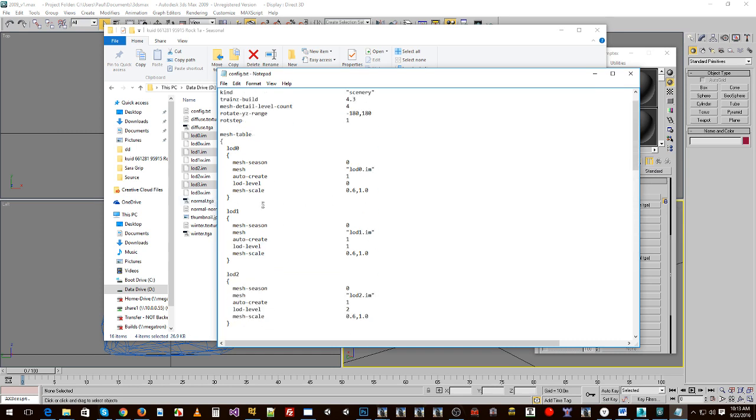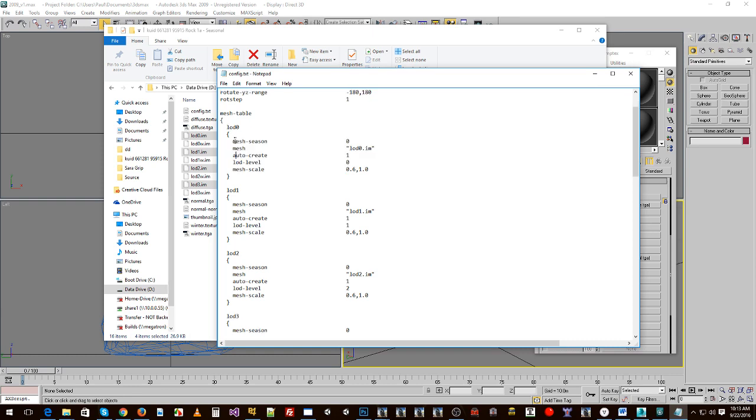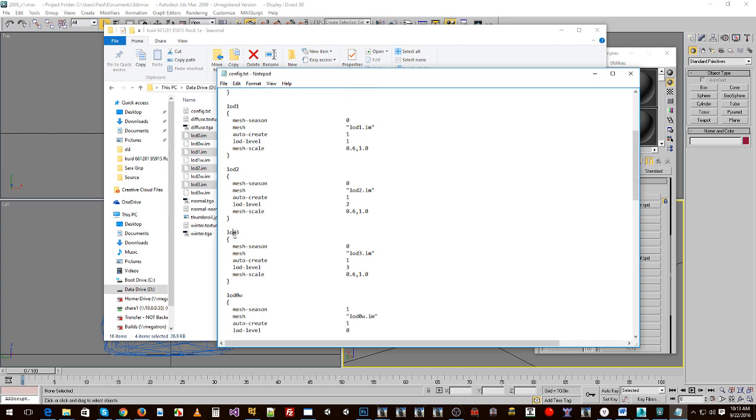So it's going to know by the information you've given it here when to show the LOD level 0, 1, 2, and 3 in game based on the settings that the user has used as well. So if the scenery detail is set to low, it'll know when to show the low one, probably a lot sooner than it would if the scenery detail was set to ultra, for example. So anyway, that's how you put your level of detail in the game